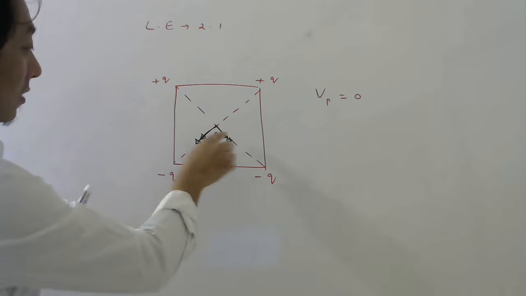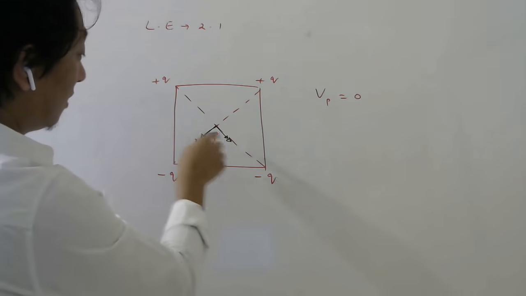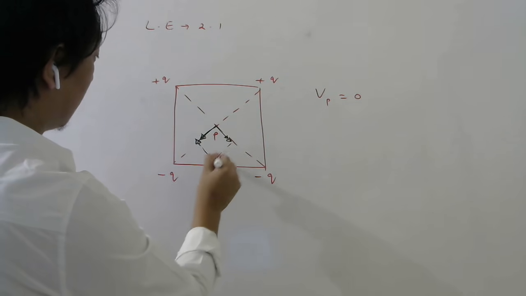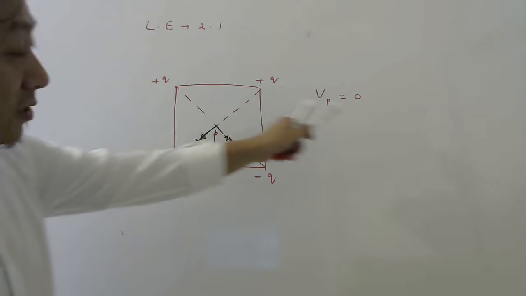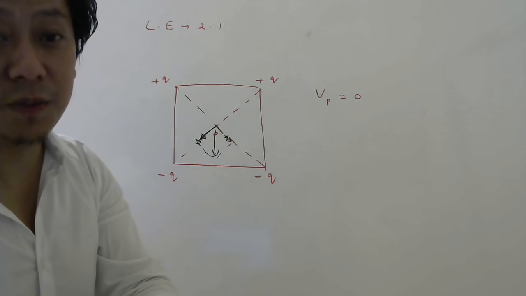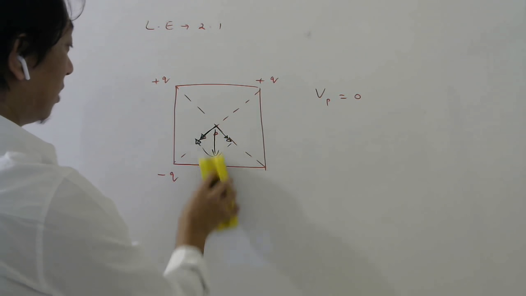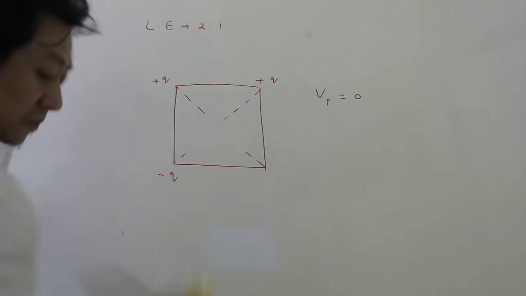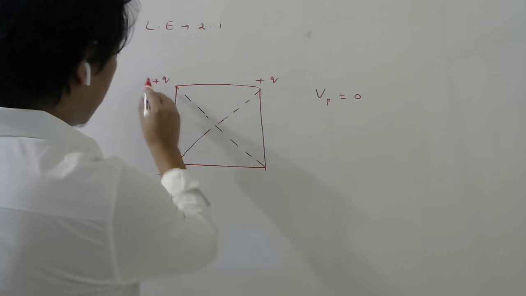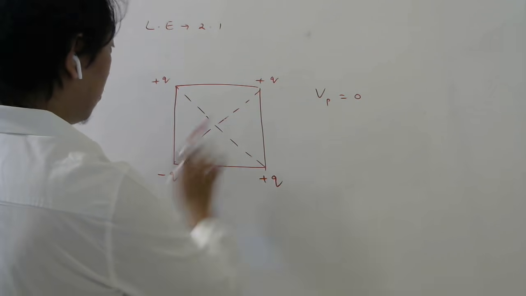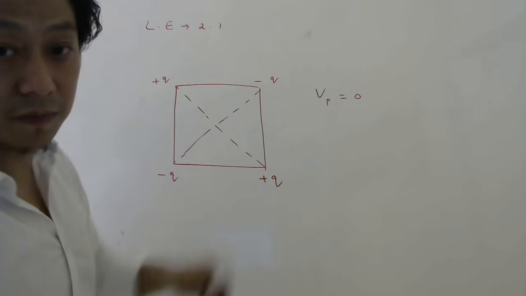So how will these two electric fields cancel? They are not at opposite angles, they are at 90 degrees, so there will be some resultant electric field like this, correct? So if you keep charges like this, potential will be 0, but electric field will not be 0. They want the electric field also to be 0. So the best way to keep them, I think all of you must have understood, is plus q here, minus q here, minus q here. Or you can put minus q, plus q, plus q. Then see what will happen.